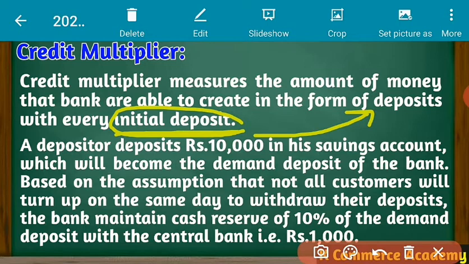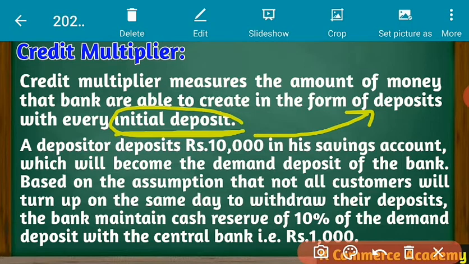Just now we are discussing the credit multiplier, so we have to understand what we mean by it. However we will be discussing the example also, but let me give you one word for it in your mind: credit multiplier is the process of creating credit in a multiple form. Or simply keep in your mind that credit multiplier is the name of a process. अब वो process कैसा होता है उसको हम example से समझते हैं.